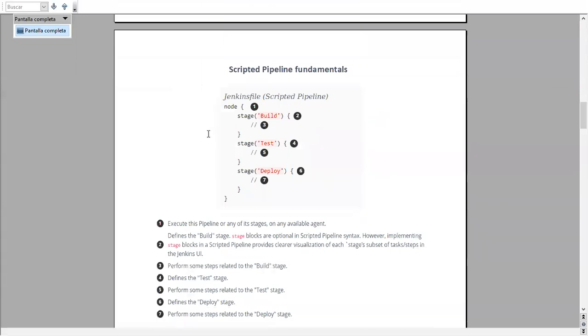Scripted pipeline syntax will start with the node, and inside that node you can execute a number of stages. Okay, so this is the scripted pipeline syntax. So declarative pipeline starts with the pipeline syntax, and scripted pipeline will start with the node. That is a major difference.